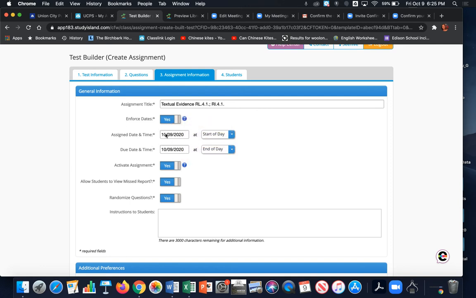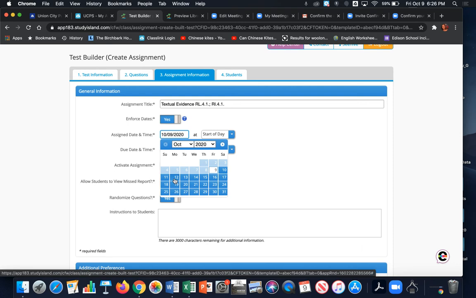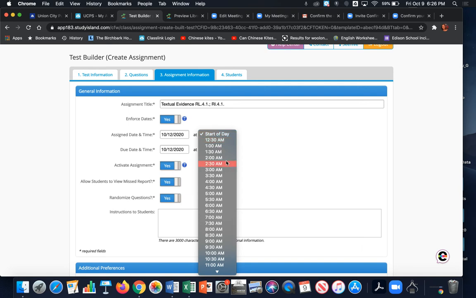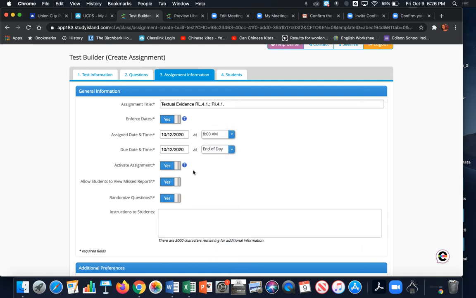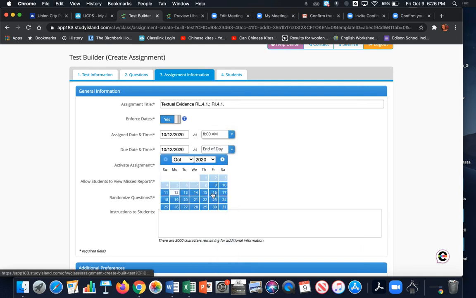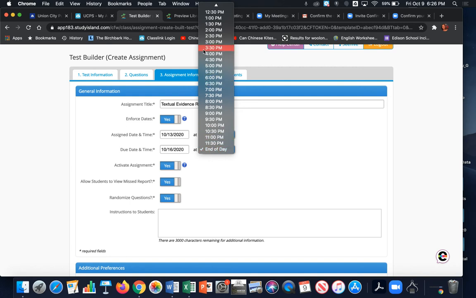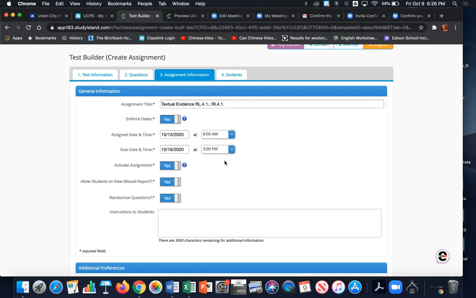So if I'm enforcing these dates, I need to make sure that these dates are correct. So if I want my students to work on this assignment all next week, I'm going to start it on the 12th, the start of the day, or I can do 8 a.m. And then I'm going to pick the 16th. Actually, it's the 13th because we're off. And then I'm going to pick the 16th, and then I'm going to choose 3 p.m. So they have between this date and time to complete their assignment, and I'm enforcing those dates, right? Now,